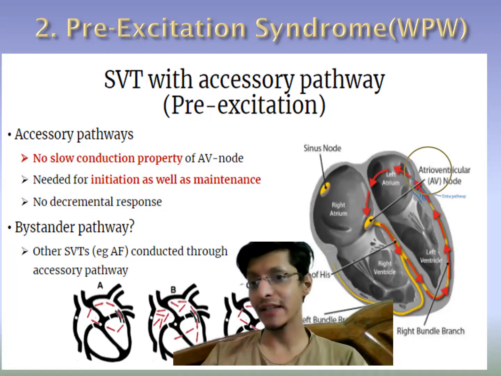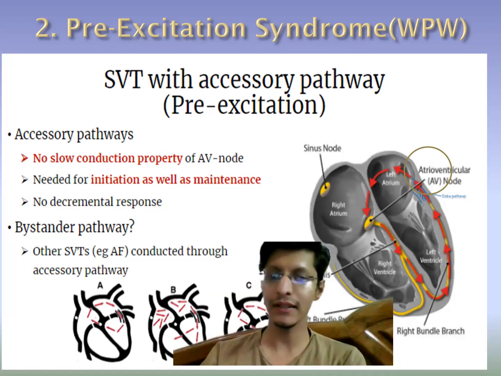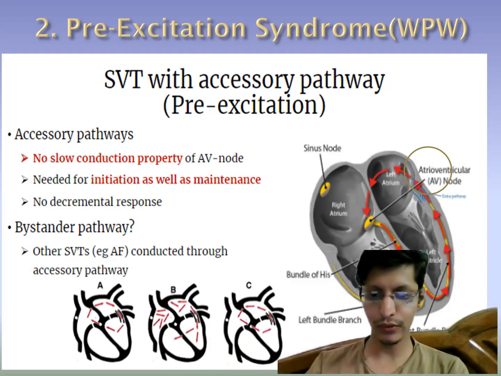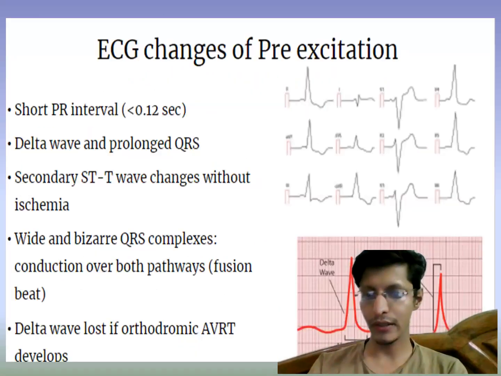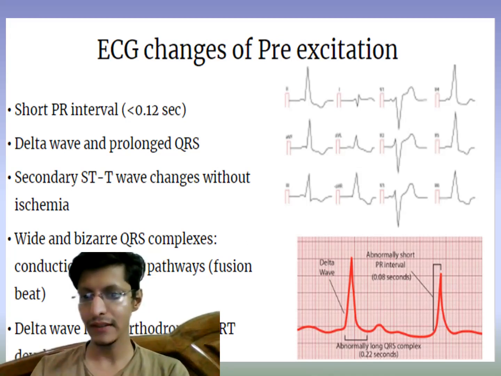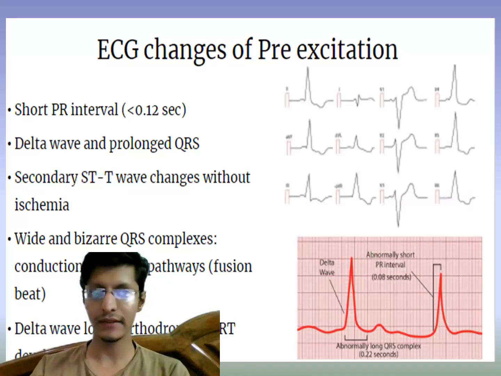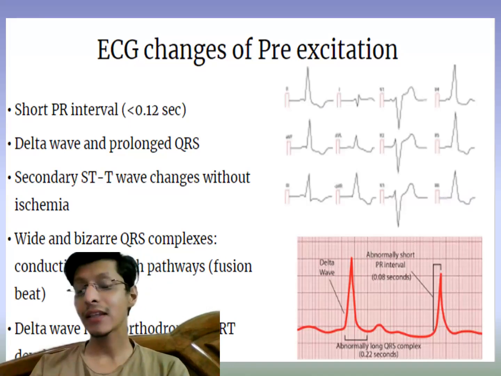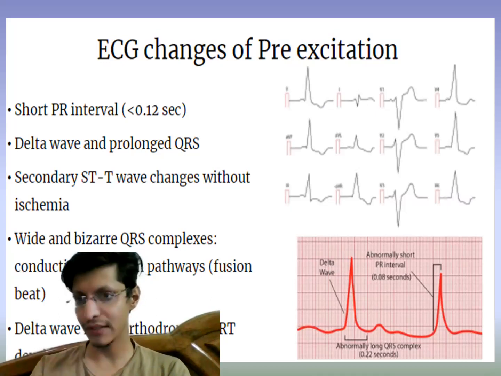Because of this, there will be a delta wave in the ascending QRS complex. Let's see how it looks. You can look in this diagram that there is a kink in the ascending QRS complex. Here also you can see a delta wave followed by a long QRS complex. So if you see a kink in the ascending limb and a bizarre, broad complex QRS,